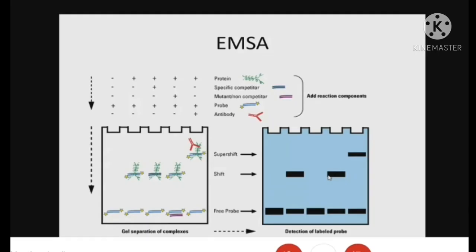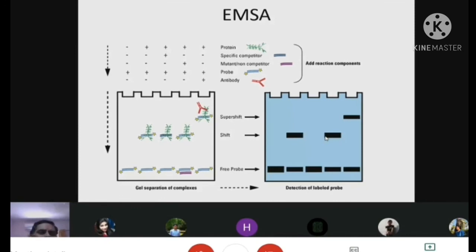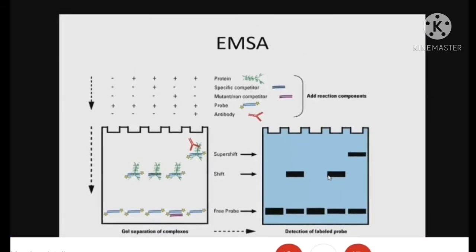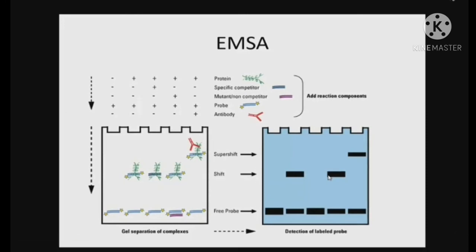So this is the electrophoretic mobility shift assay. By this in vitro experiment, we can easily show protein-DNA interaction. If we have a known interacting protein available and DNA available, then we can show this through this experiment. We don't always need a labeled probe. If you have a sufficient amount of DNA, then you don't need the probe.